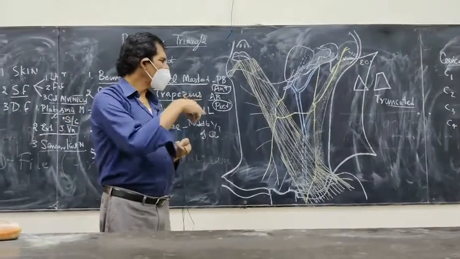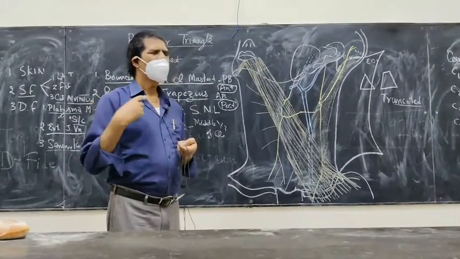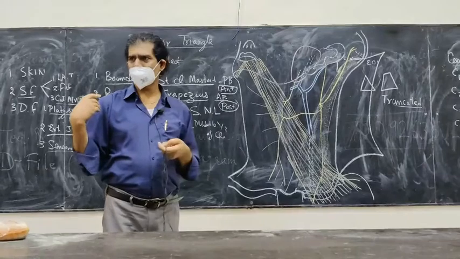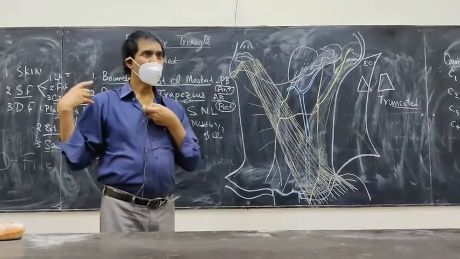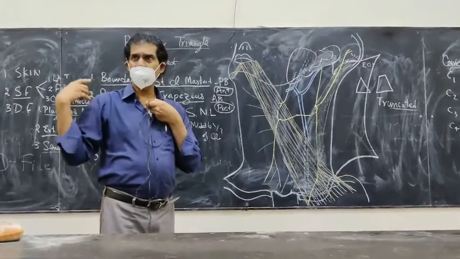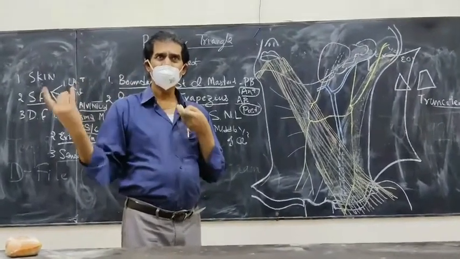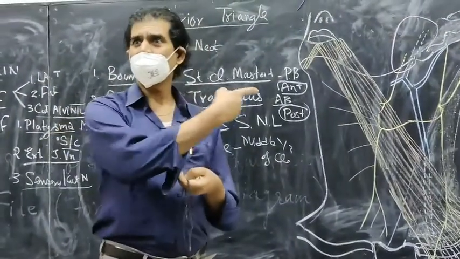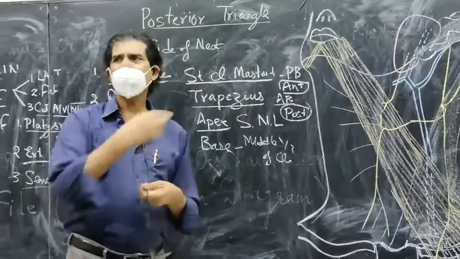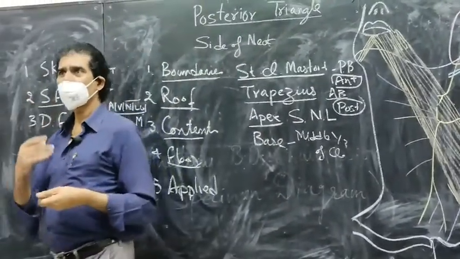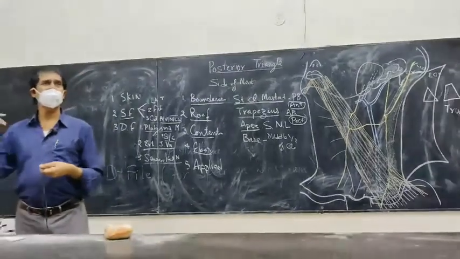after crossing the clavicle, it supplies the skin of the upper part of the chest, because this area is too much. Starting from the sternum up to the shoulder, how many branches does it have to divide into, so that the whole of the skin is covered? That is the motive. Why has it been divided into three branches? To cover the whole of the skin of the sensory area.